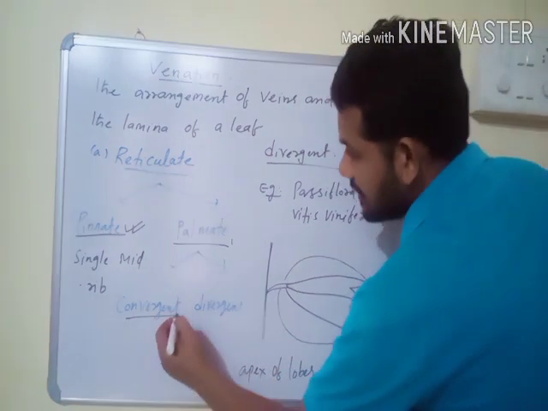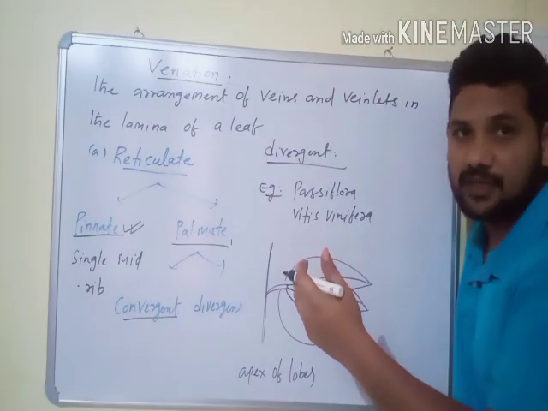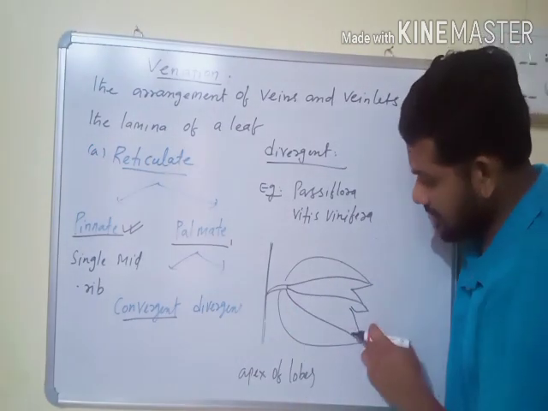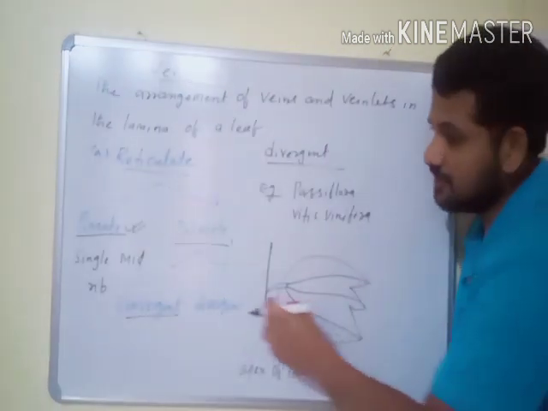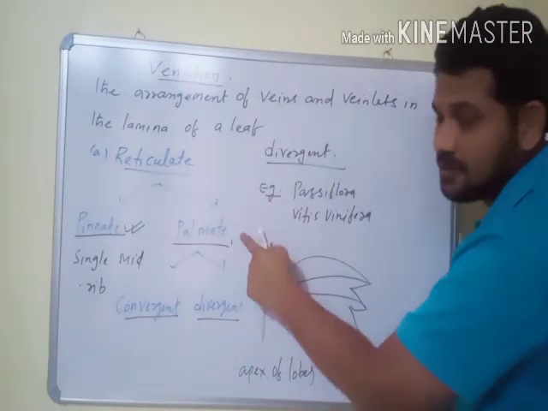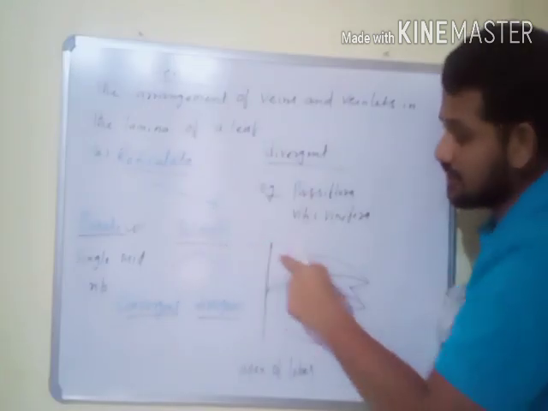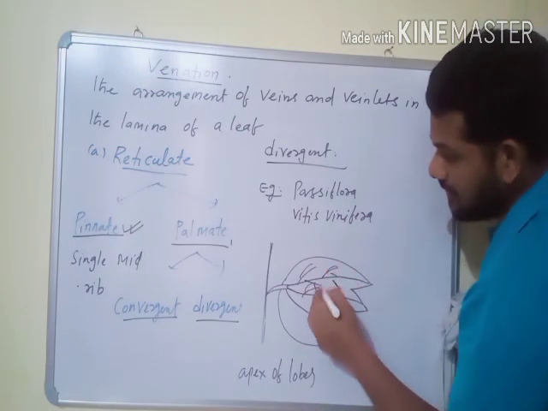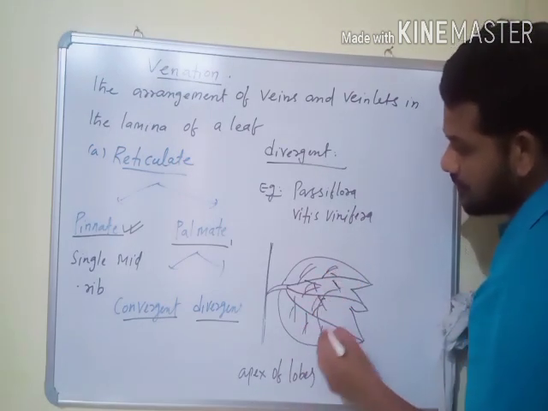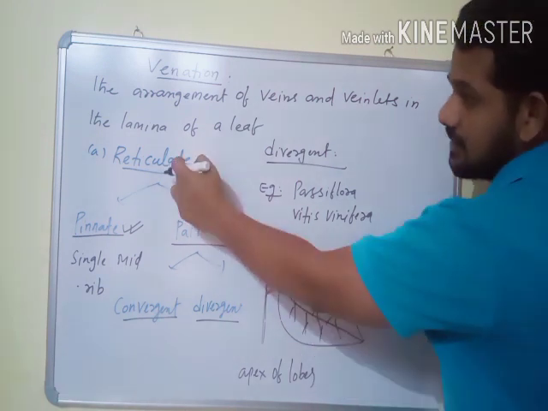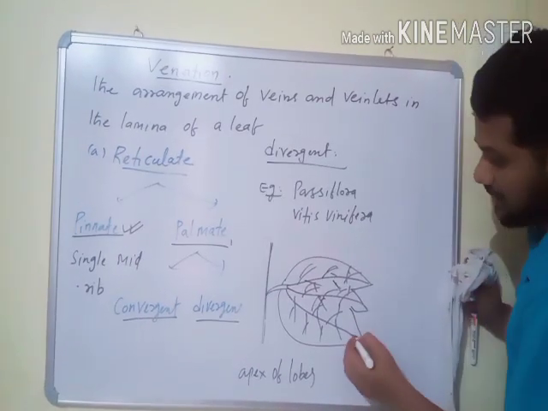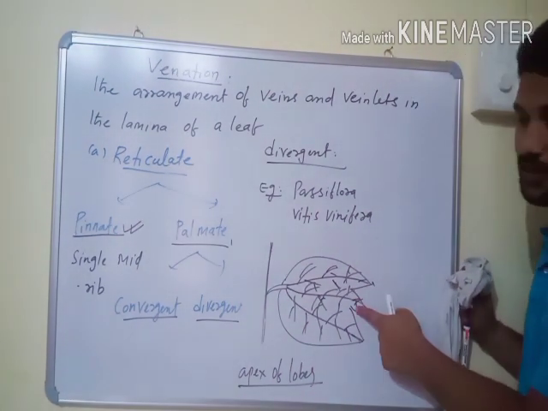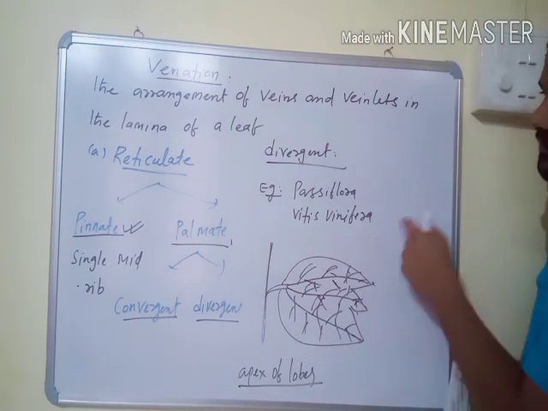In convergent, all midribs run from the base to the apex of the leaf, because in the convergent type the lamina is not divided into lobes, but in divergent the lamina is divided into lobes, and it has many midribs, because convergent and divergent are both types of palmate. In palmate, the main characteristic feature is that the lamina has many midribs, and here also all the midribs produce veins and veinlets, and veins and veinlets in turn fuse to form a network. Presence of network is the characteristic feature of reticulate venation. But here all the midribs run from the base to the apex of the lobes, and they produce reticulum. Example, Passiflora and Vitis vinifera.